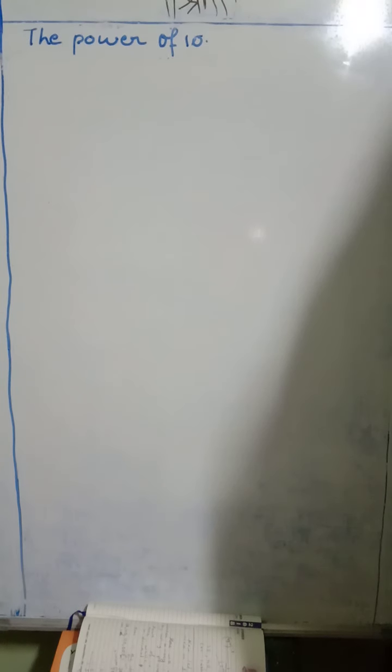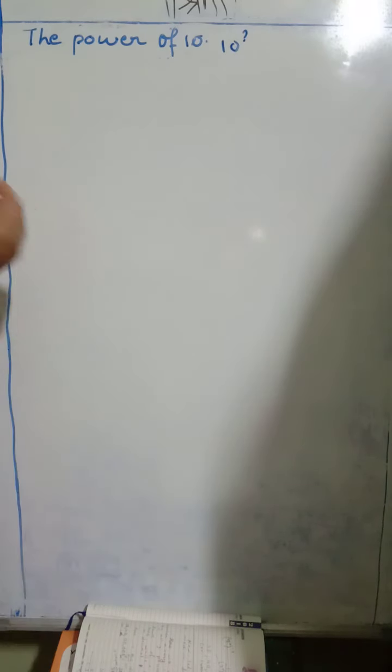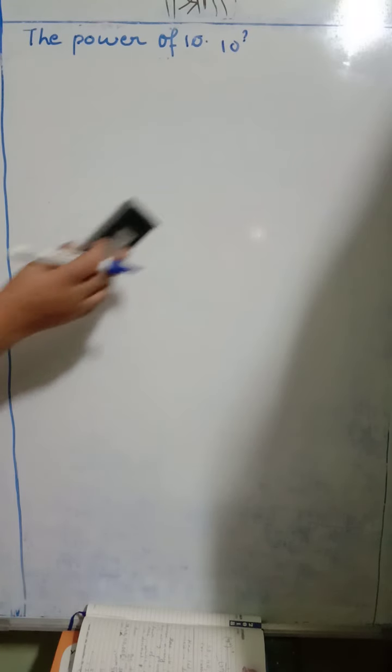So now we are going to see how maths is used in science and in astronomy. Here we are going to see how to write a very large number as a smaller number by using powers of 10. Power of 10 means 10 raised to something. These powers of 10 are especially used while writing numbers in the decimal system. Now we'll understand all these things.